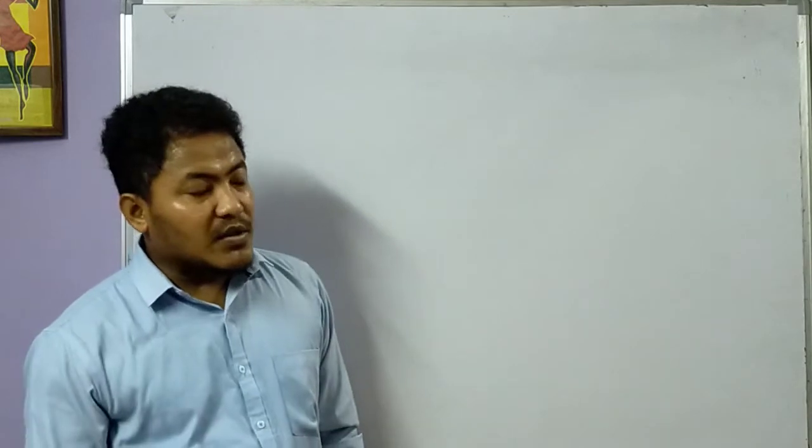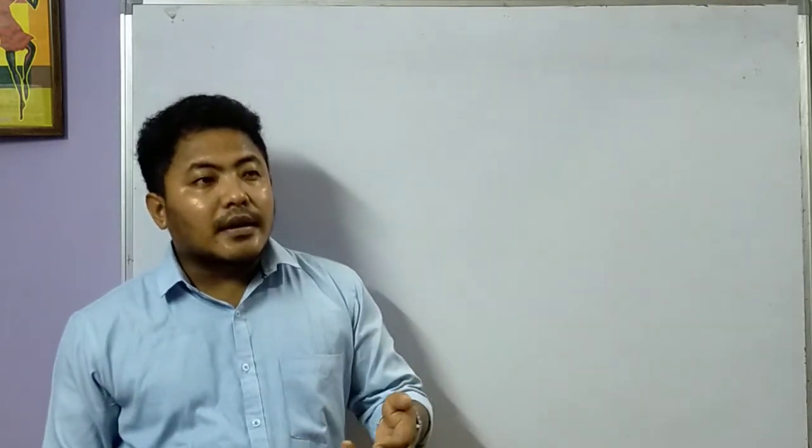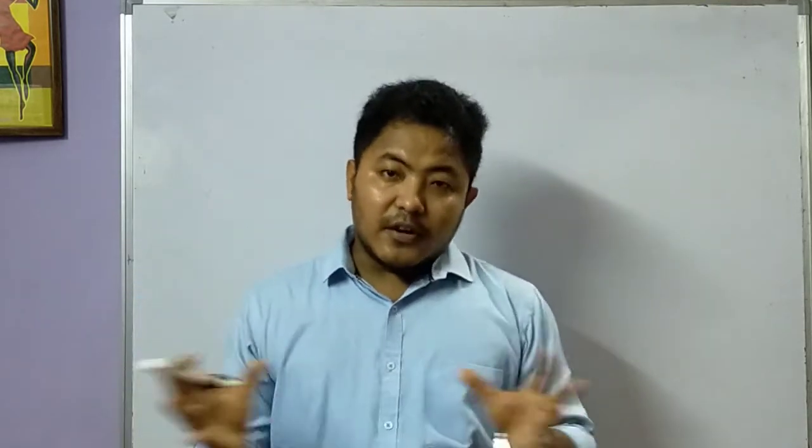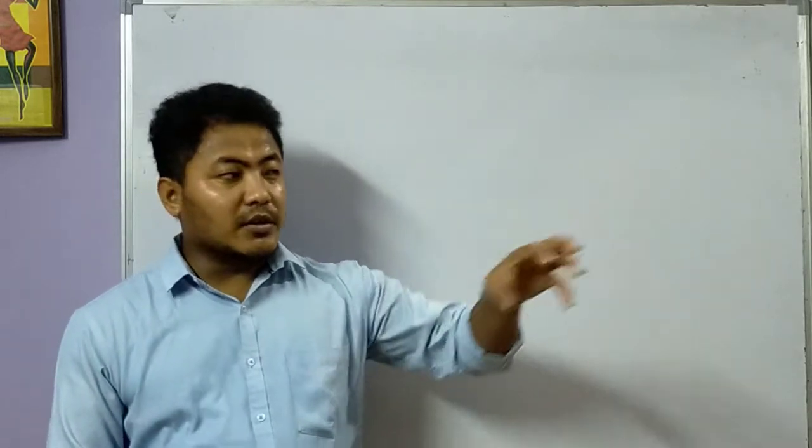Good morning, students. In the previous classes, we discussed the power of a lens, and we found that power is defined as the capacity of a lens to converge or diverge a ray of light falling on it. That is the capacity of converging and diverging of a ray or beam of light falling on that particular lens, called the power of a lens. We also found that the dimensions,